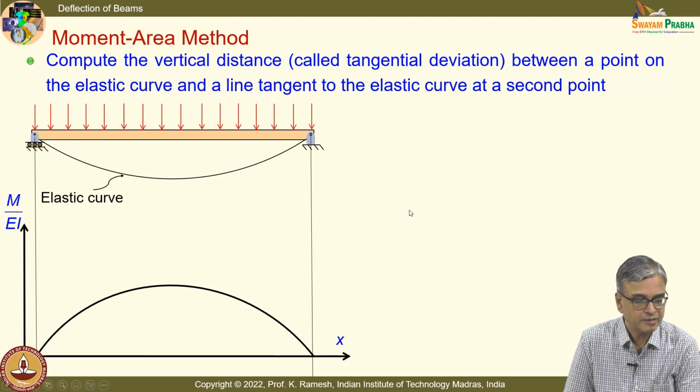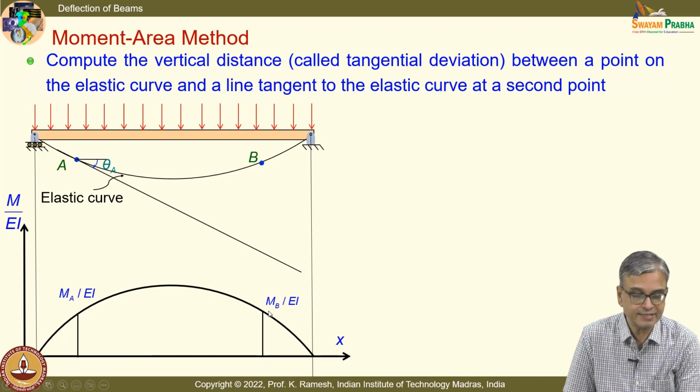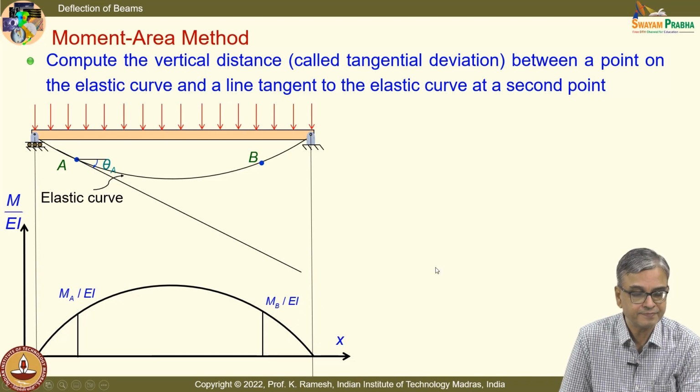And I take a point A, and I have what is the value of M by EI at that point, that is noted here, and I draw the tangent, and I have a point B. At point B, I know what is M_B by EI, and I have also drawn the slope,